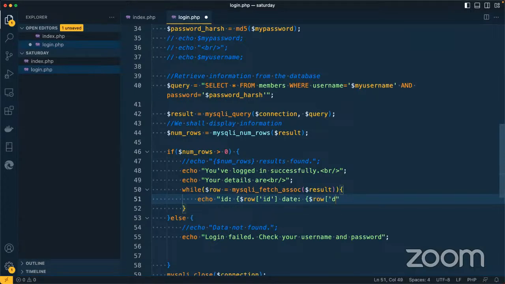Now here, what you enter in the square brackets is simple. These are the columns, okay? These are the columns. So it's not important to show the data. It's not good practice to show the password to users. So we are going to display the username